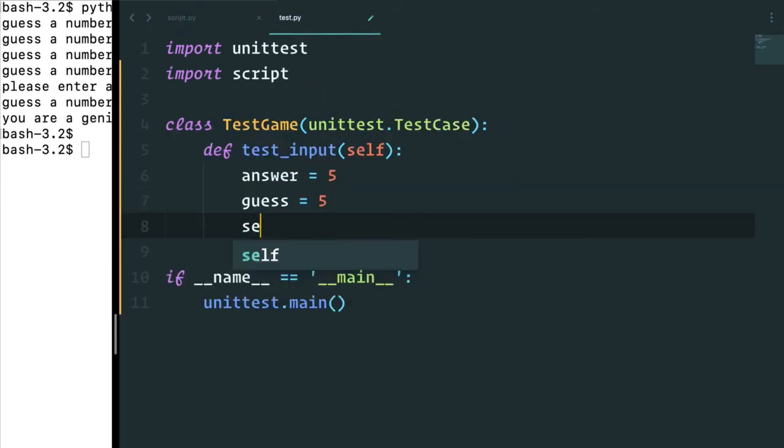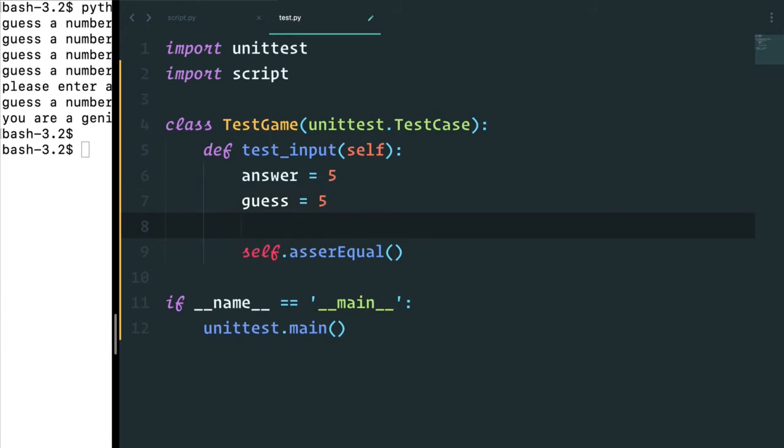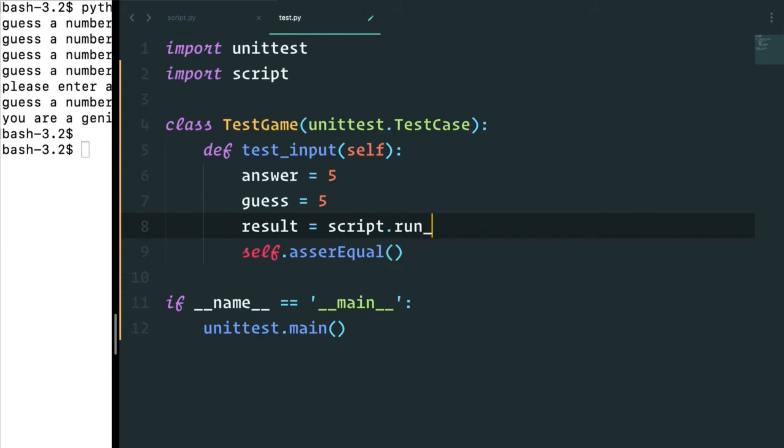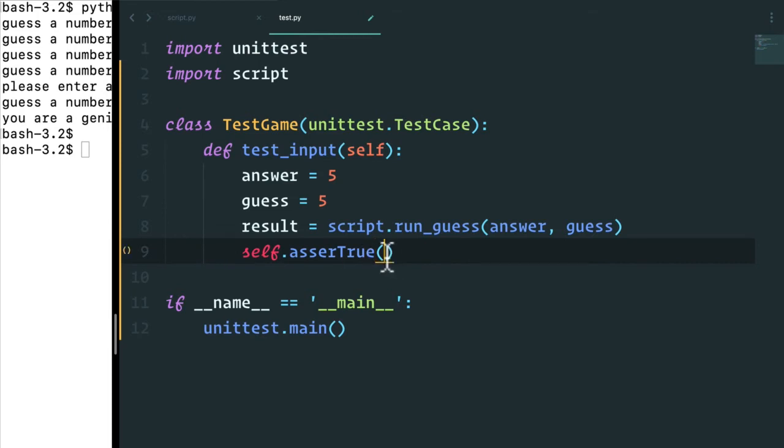So let's say self.assert equal that script, or actually, first time around, let's actually run it. So let's have result equals script dot, what was it? Run guess, and give it the answer and guess. And we expect the result to return true. So we can just say assert true that the result is true. If I now run this,